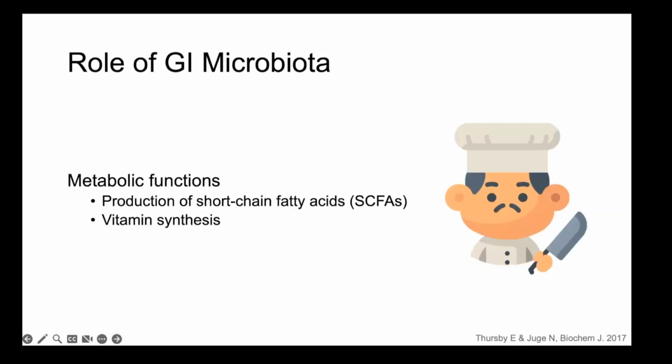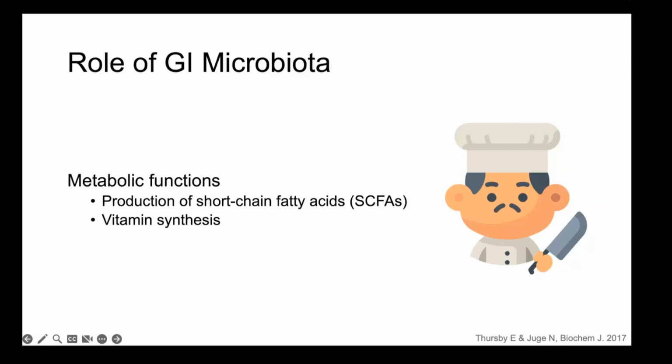They also play a lot of metabolic functions. Colonic bacteria express carbohydrate active enzymes, which allow them to ferment complex carbohydrates. This then leads to the generation of important metabolites, such as short chain fatty acids. And these short chain fatty acids we'll come back to time and time again, since they do play an important role. There are three predominant short chain fatty acids: propionate, butyrate, and acetate, and they're typically found in a proportion of 1:1:3, with acetate being the most dominant short chain